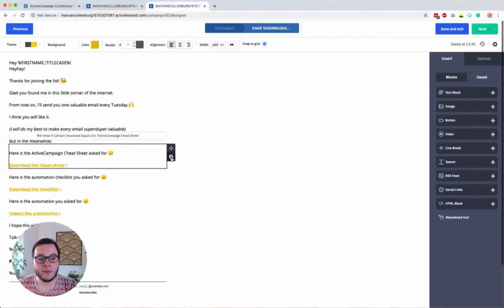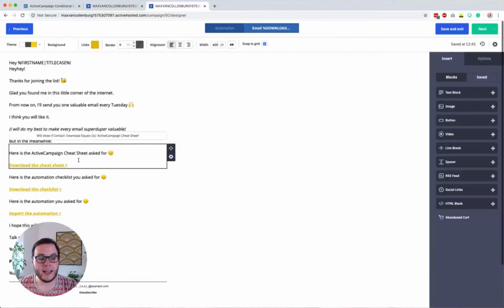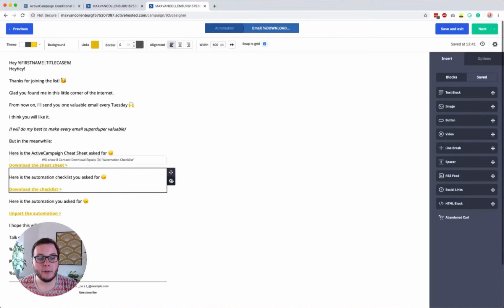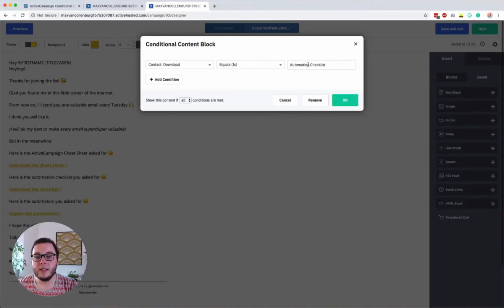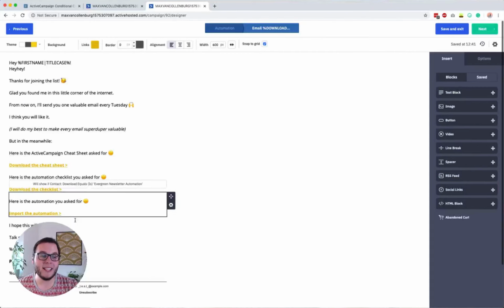So if the download equals ActiveCampaign cheat sheet, then this block will show. Here's your ActiveCampaign cheat sheet. If it equals automation checklist, then it will say send the automation checklist. So it's only sending parts of these emails.